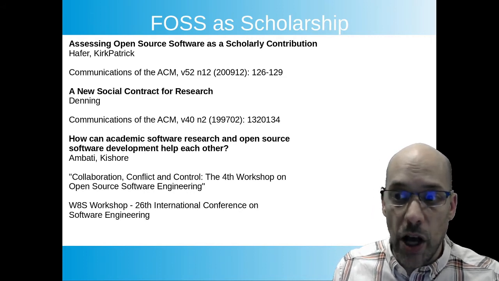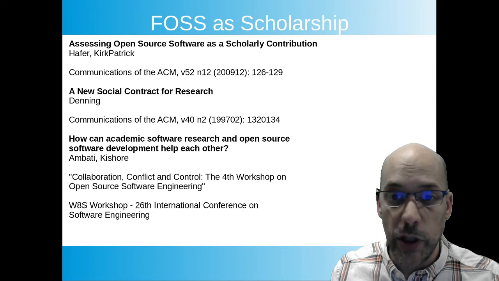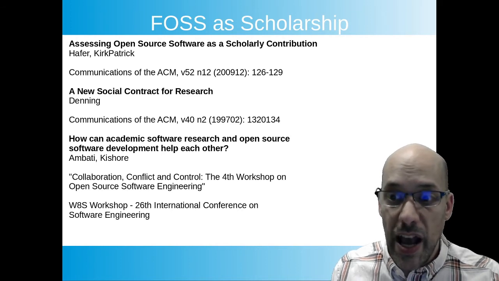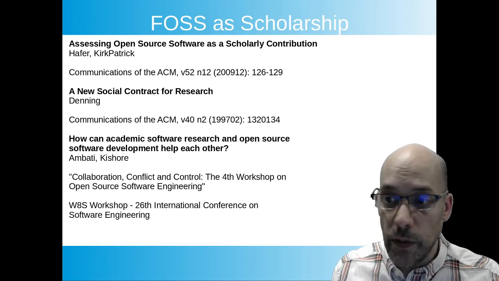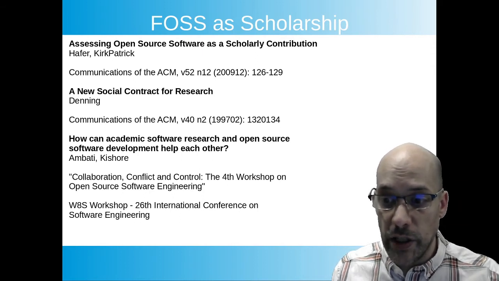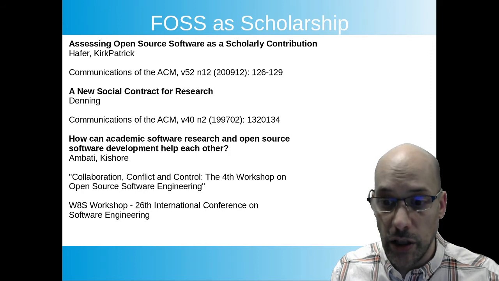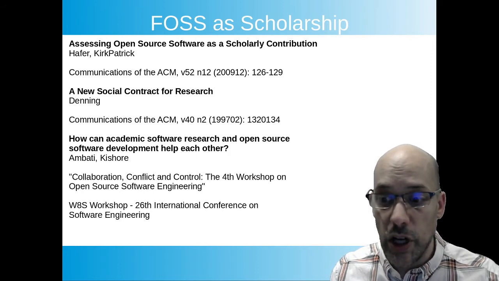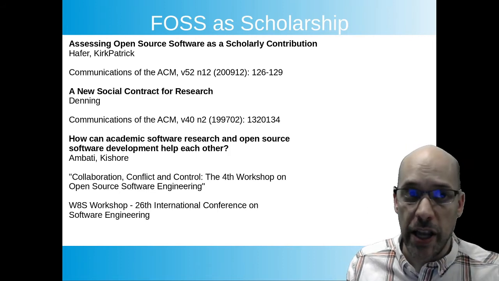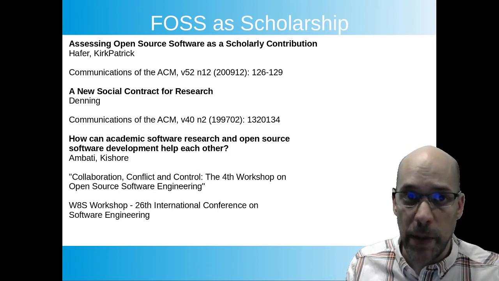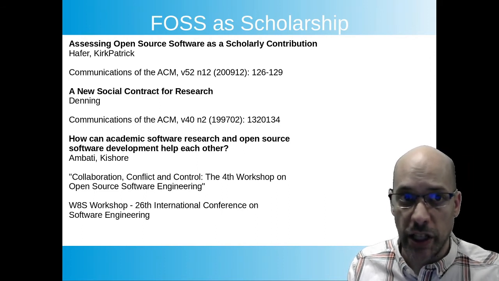Peer-reviewed publication is also vulnerable to abuses and can similarly result in work of little importance, as outlined by Denning in A New Social Contract for Research. The judgment of tenure and promotion review committees is still relied on heavily in these cases as well. It's also worth considering that the efforts to legitimize FOSS contributions as scholarly may also improve the way we judge more traditional academic contributions. One step towards judging the impact of the open source work might be to separately judge the importance of the contribution from the importance of the project itself.